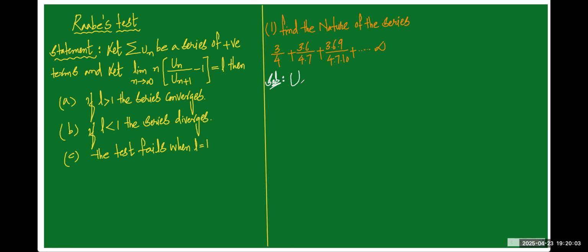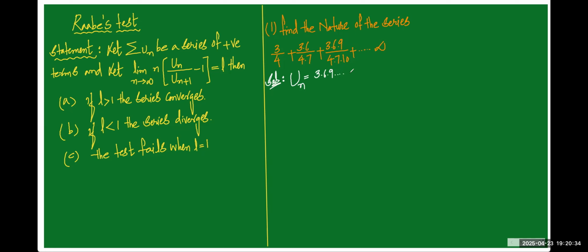I want to write this entire series in un form. This is equal to, you see, 3 by 4 is the first term. 3 into 6 by 4 into 7 is the second term. 3 into 6 into 9 by 4 into 7 into 10 is the third term. It means this is increasing term by term. Next term will be 12 in the numerator, and in the denominator, if you increment by 3, 13 will become. So now we should write a general term, that is called the